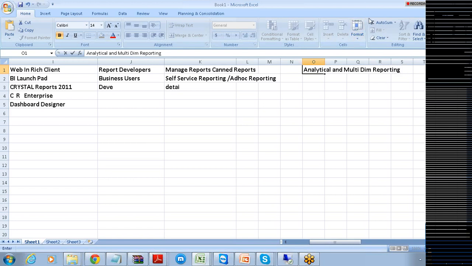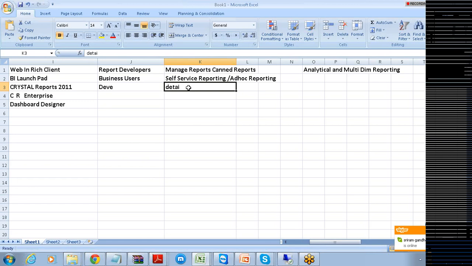We'll be seeing what exactly analytical and multi-dimensional reporting are. In Crystal Reports, we use it for detailed reporting. This is your detailed reporting.